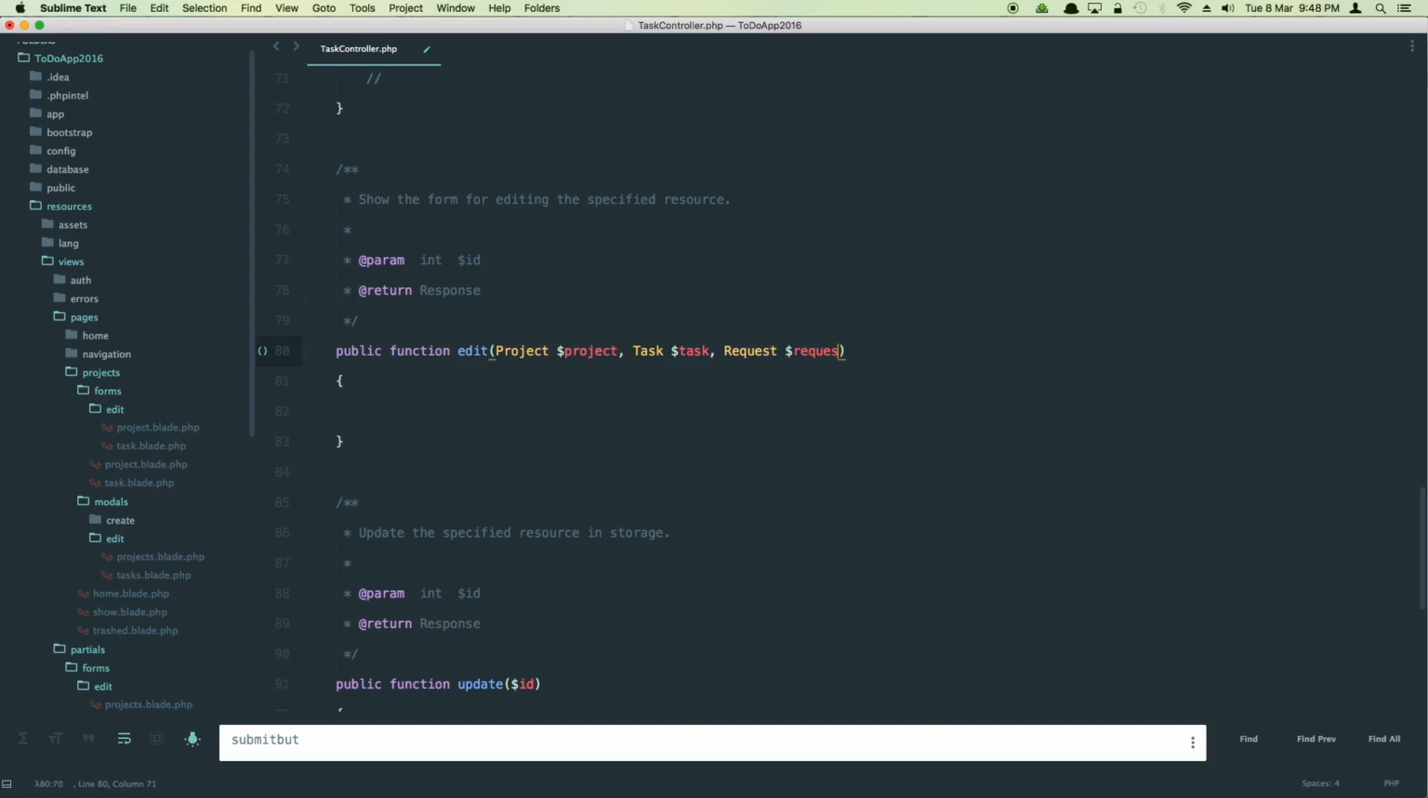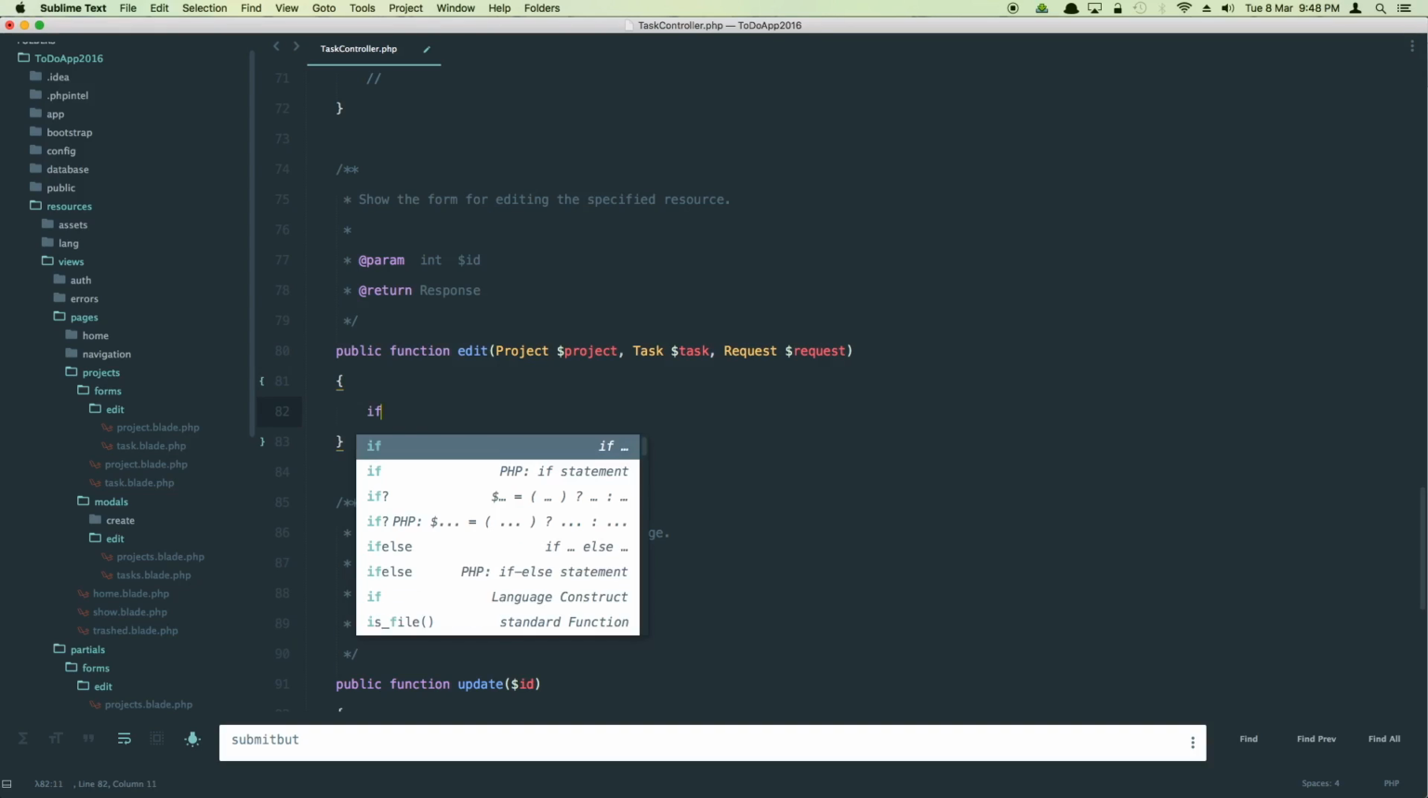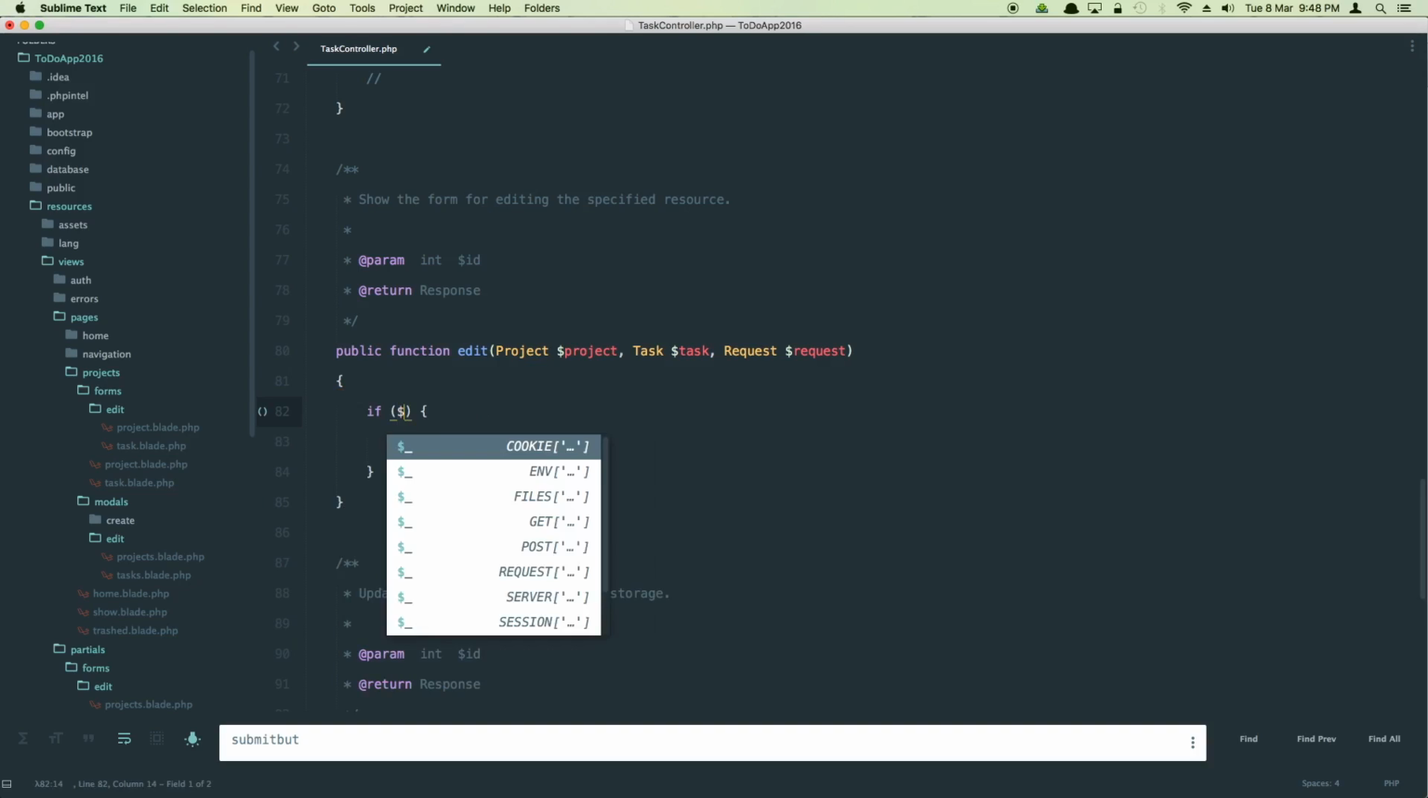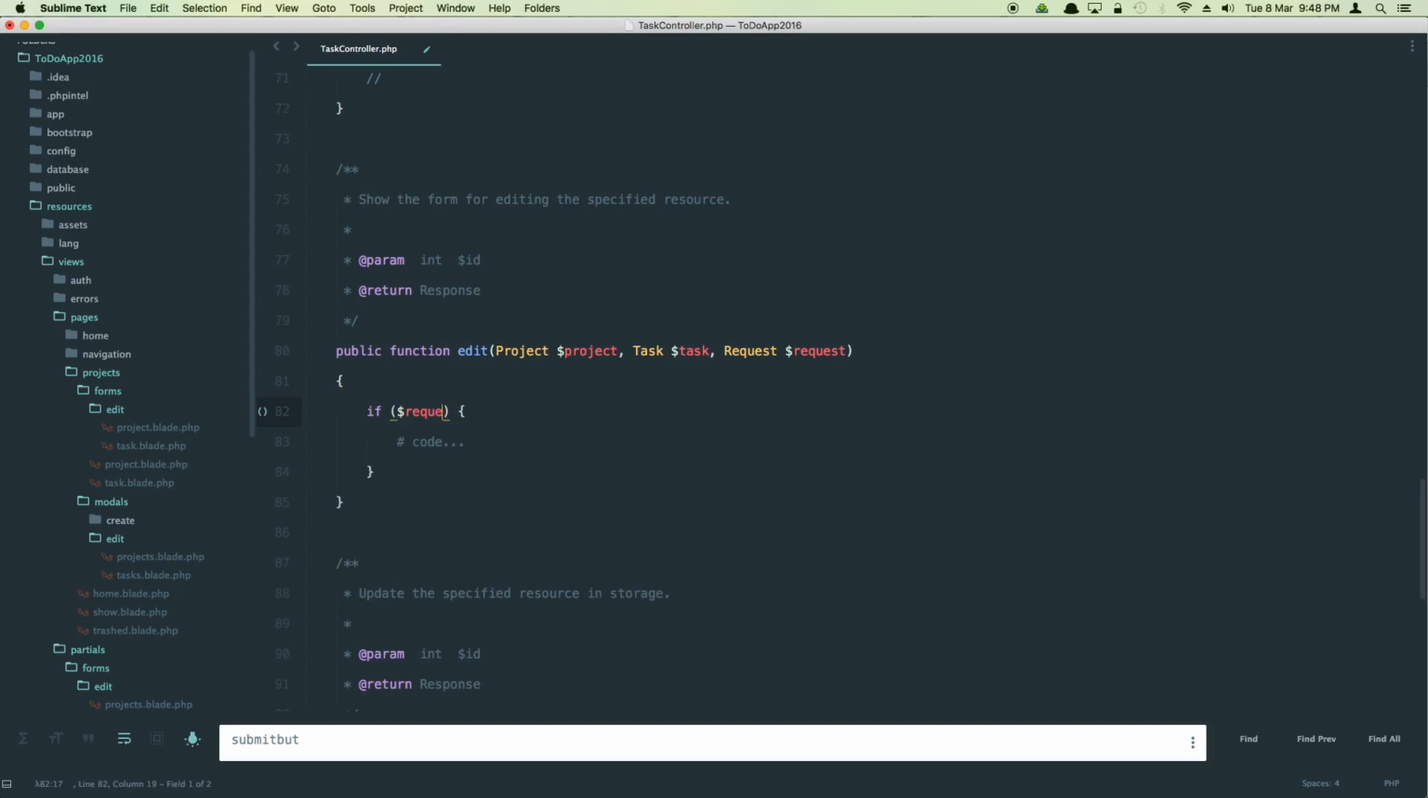As a request variable. So now you have the request and the instances. We're going to run an if statement: if the request is ajax, then I want you to do this, else do this. Well, if the request is not ajax, I want you to run a query for this project,